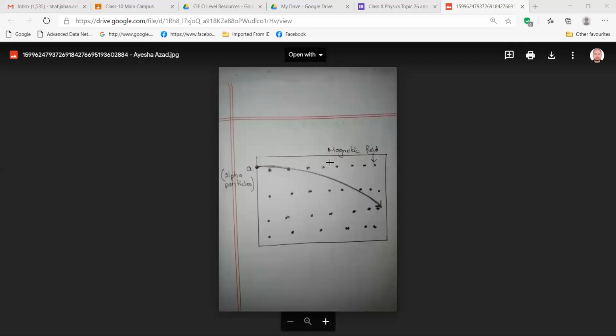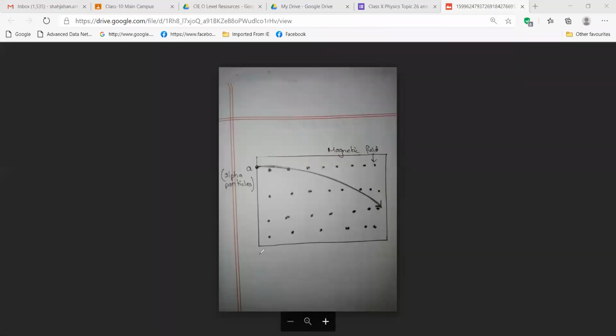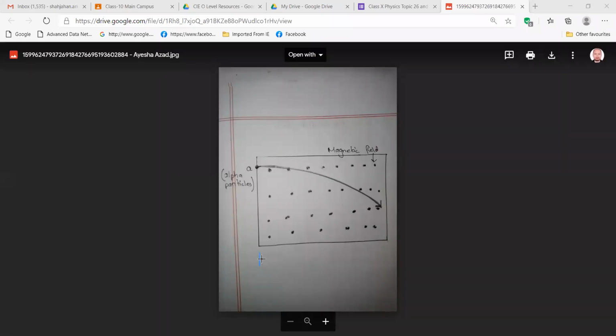Okay, look, alpha particle is positive, right? And you must have the idea from when we discussed electric current or static electricity. That time we got this idea that in electric current, if we have positive and negative,